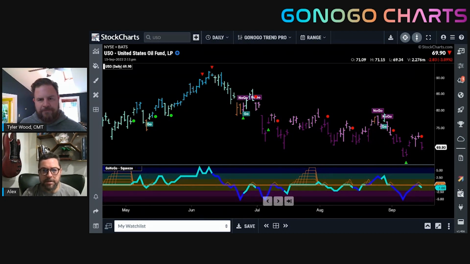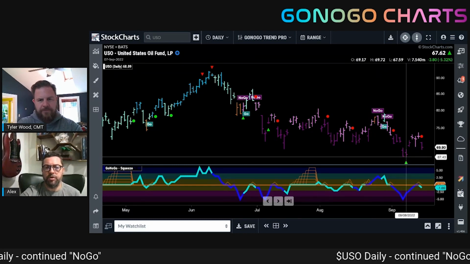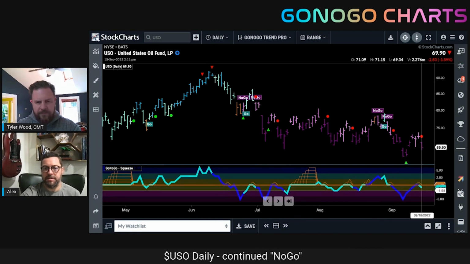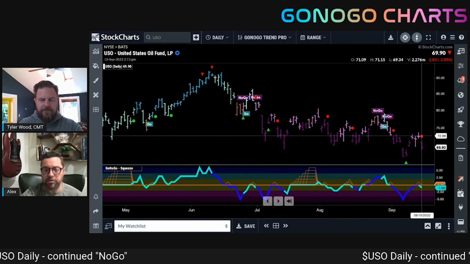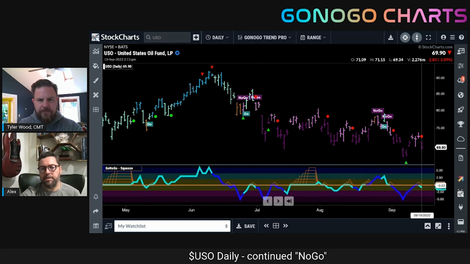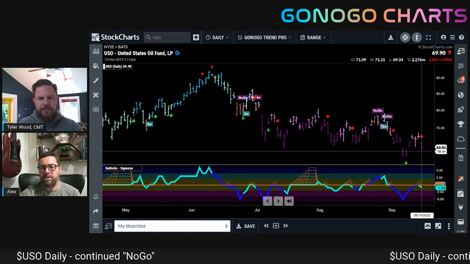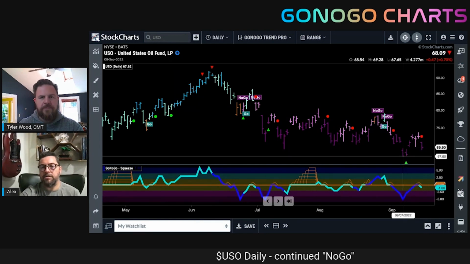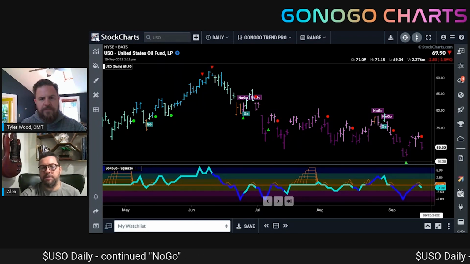Yeah, generally a no-go trend in place on the daily chart. You can see how we broke to new lows here, and then we found the zero line to act as resistance even as we rallied. And today we are seeing a no-go trend continuation icon, the red circle, telling us that the trend is still in place and momentum is back in the same direction as the trend. So potentially we could see oil prices move lower again to test these lows here, perhaps even making an attempt to set a new low.